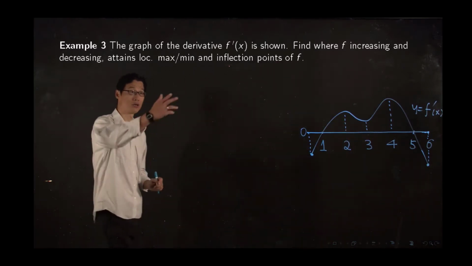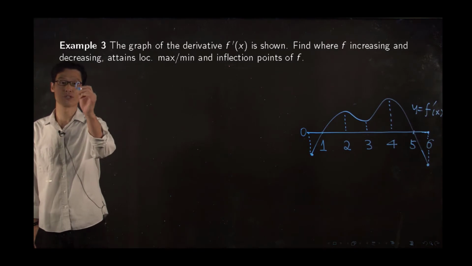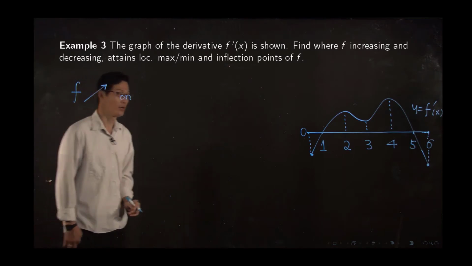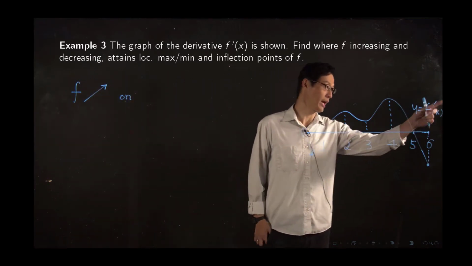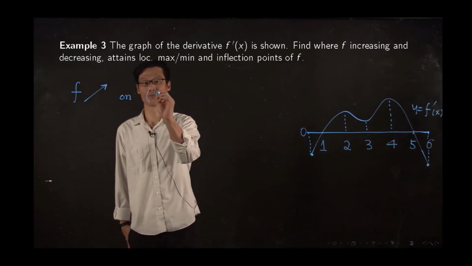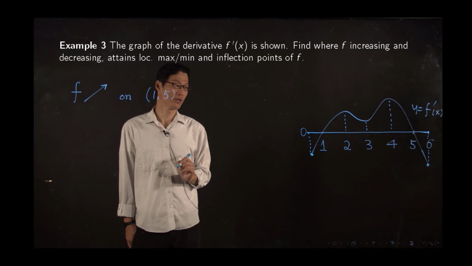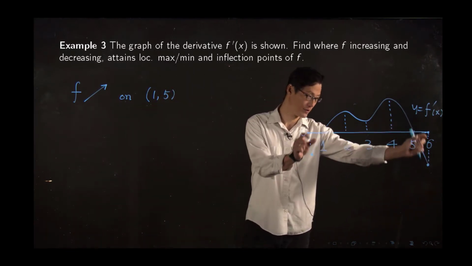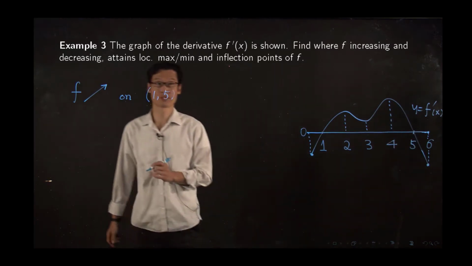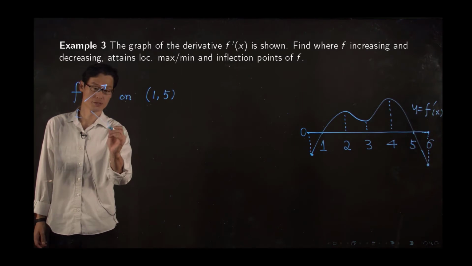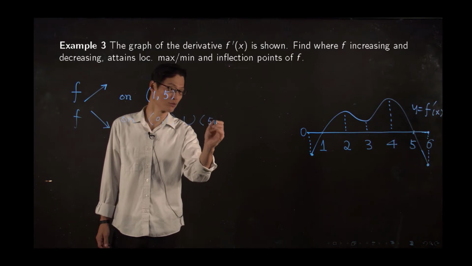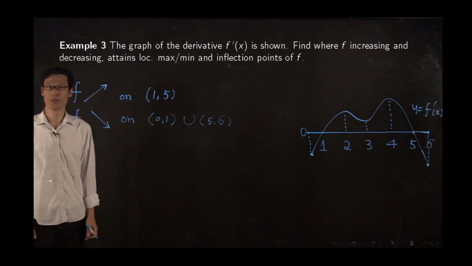And we want to find where f is increasing and decreasing. f increases on, well, we need to know where f prime is positive, from 1 through 5. And then f prime has a negative sign on the intervals from 0 to 1 and then from 5 to 6. 0 to 1, union 5 to 6. And then